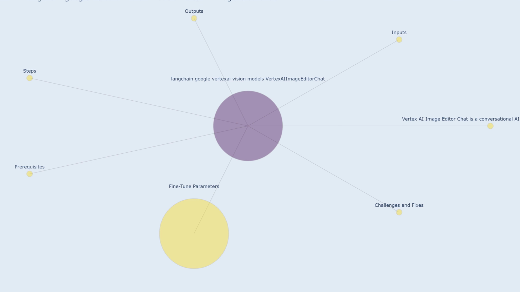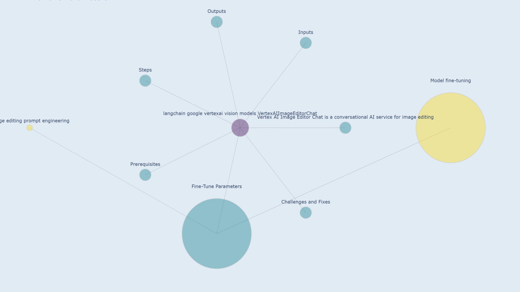Fine-tune parameters. Model fine-tuning involves customizing the underlying AI model's parameters to enhance its performance on specific types of image editing tasks. This process involves training the model on a dataset of images and corresponding edits, tailored to the desired